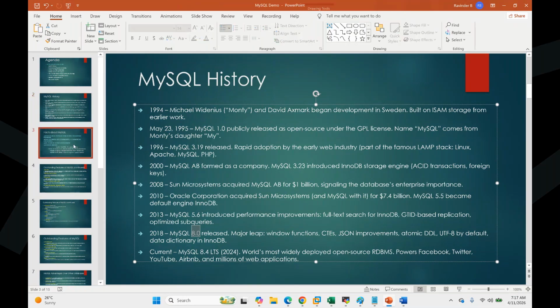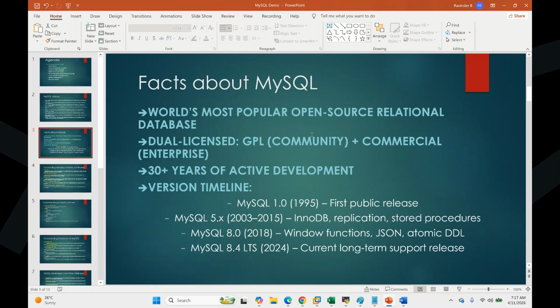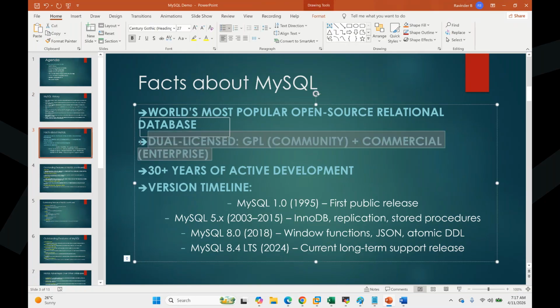I can say that Postgres is also very popular, like MySQL. It's one of the most popular open source relational databases. In open source, Postgres and MySQL are the first points of discussion. If anybody asks you what the good open source RDBMS are, MySQL and Postgres are the top two that you need to mention. MySQL follows the dual licensing model. Even Oracle follows the dual licensing model.